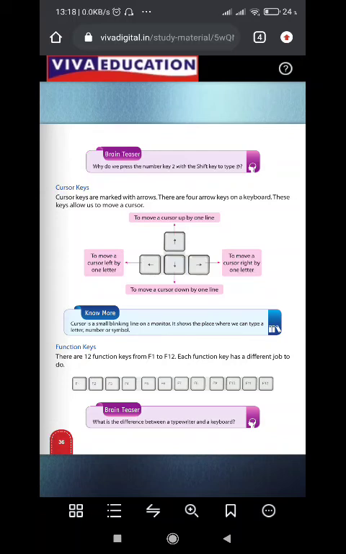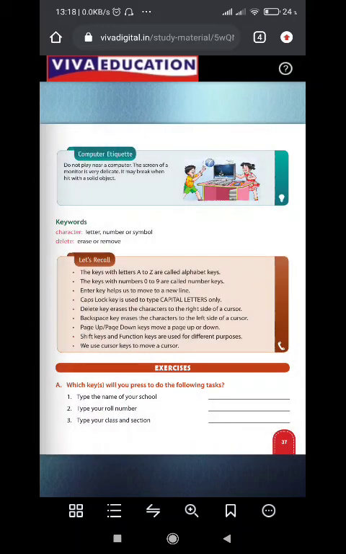Okay, so what was the thing after that? Character. What is a character actually in keywords? It is given as a letter, number or symbol, and delete means erase or remove. The keys with letters A to Z are called alphabet keys. The keys with numbers 0 to 9 are called number keys. The Enter key helps us move to a new line.